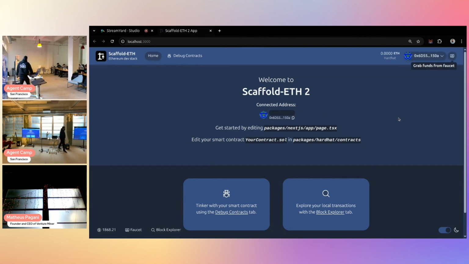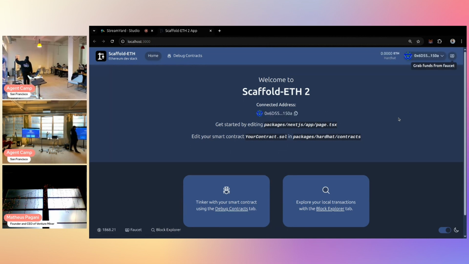So this is the initial page for scaffolding. This is what you have just by running the project. And you have a connection to your blockchain here. You have an address connected to it. You can inspect a blockchain explorer, and you can even ask money for your addresses here in this faucet.